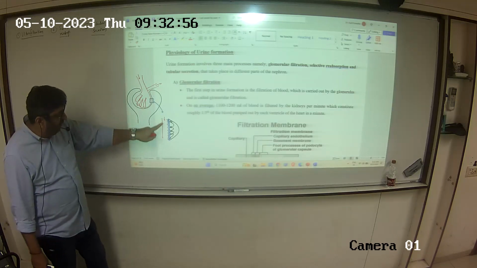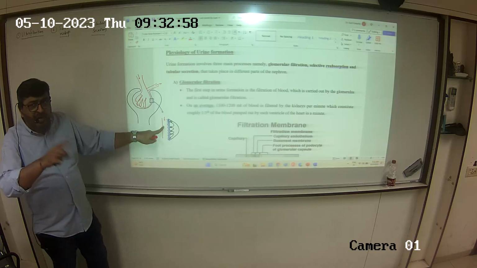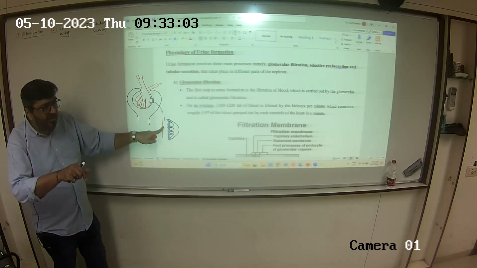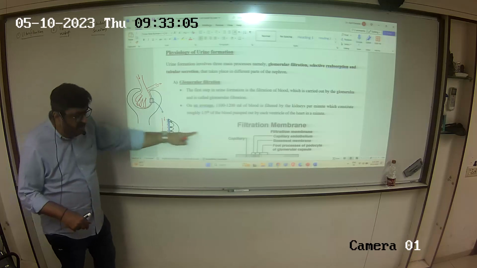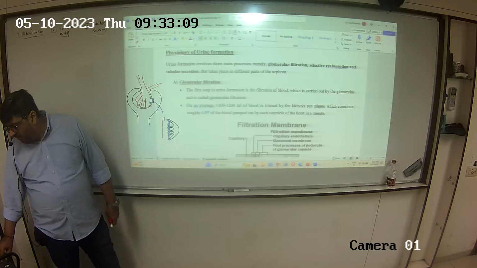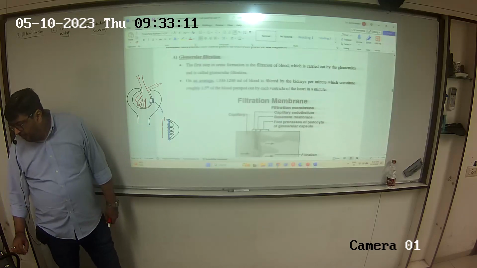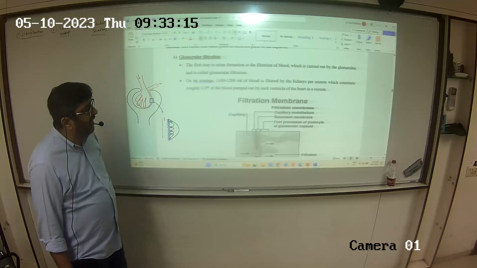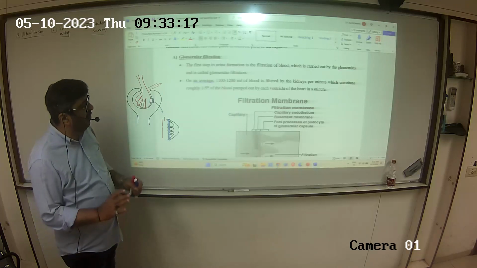So blood is flowing through glomerulus. Is this blood under pressure? So under the force of this pressure, filtration is occurring through this membrane. Okay. So the first point of glomerular filtration. The first step in urine formation is the filtration of blood, which is carried out by glomerulus, and is called glomerular filtration. I told